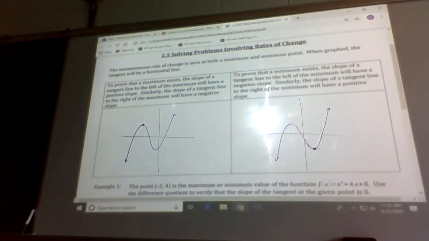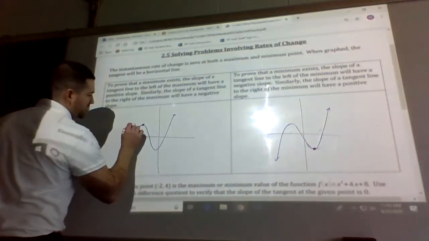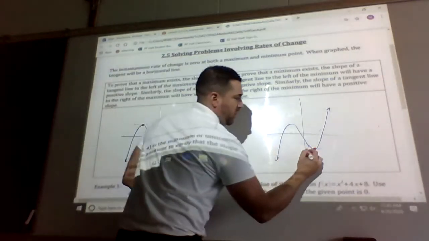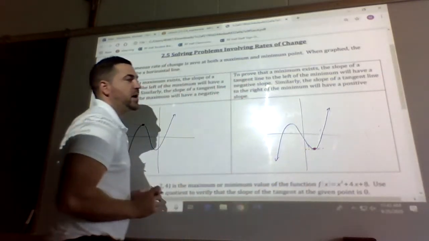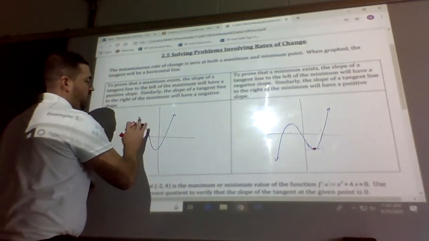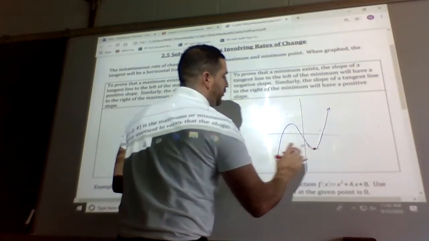Okay, so it is 0 because a tangent line would be horizontal here, and it would be horizontal here. Okay, but to prove that it is a maximum or minimum, if we didn't know it was a maximum,